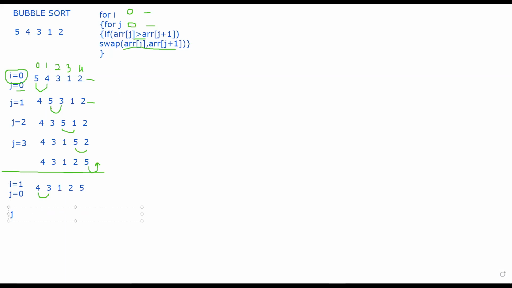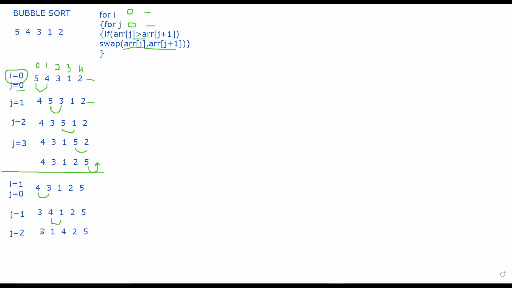Then for j equal to 1, I am just repeating these steps. Just look at the pattern. What pattern am I getting? Analyze that pattern. So I'll have 3, I'll have 1, then 4, then 2, then 5. Am I right? This is right. Then I will go for j equal to 2. Now when j is equal to 2, what sequence will I get? Tell me, write in the chat box what sequence will I get for j equal to 2.